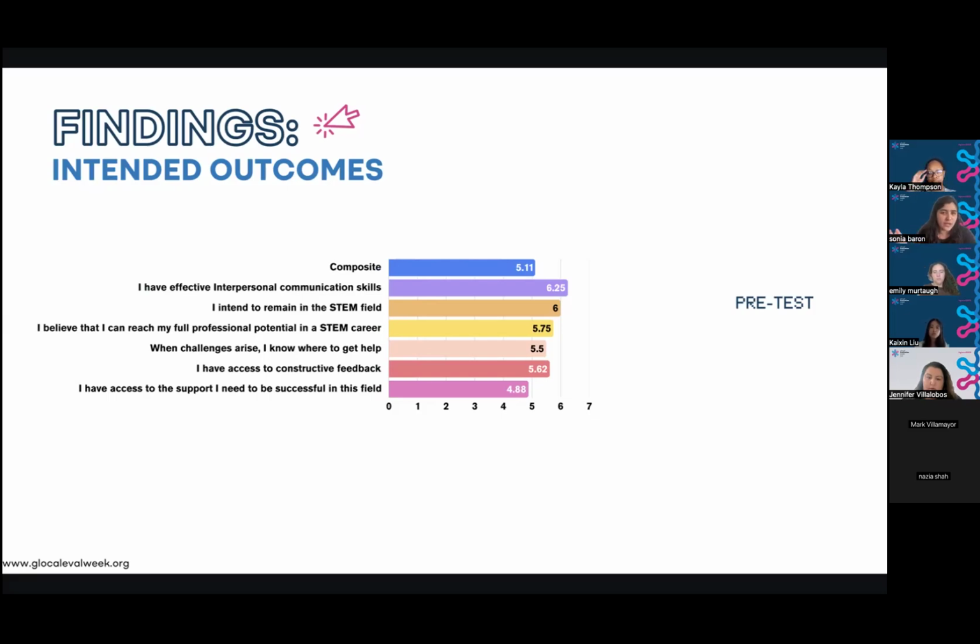And there was a wide array of STEM professions that they chose in their demographic scale. And we see that with the last one being the lowest, all scores were above 4 right before the 2 week use.